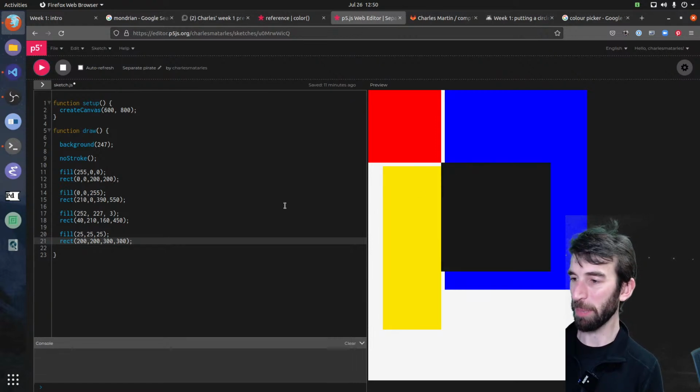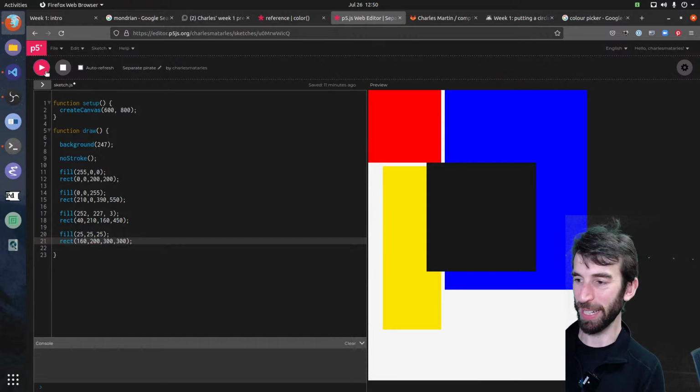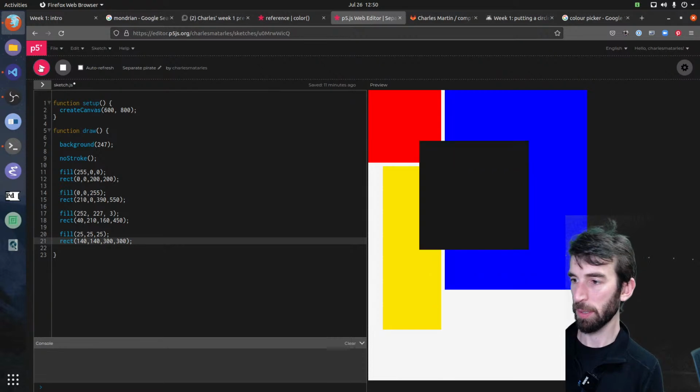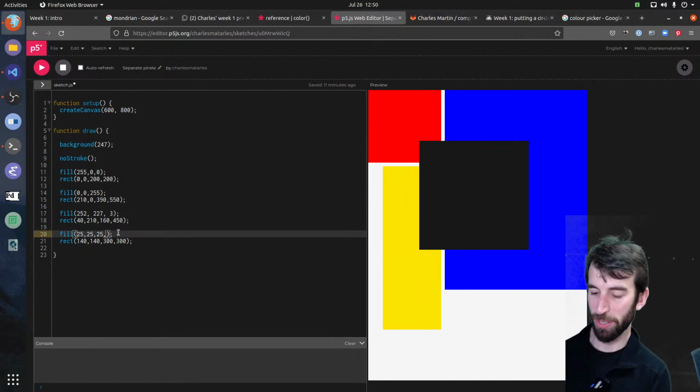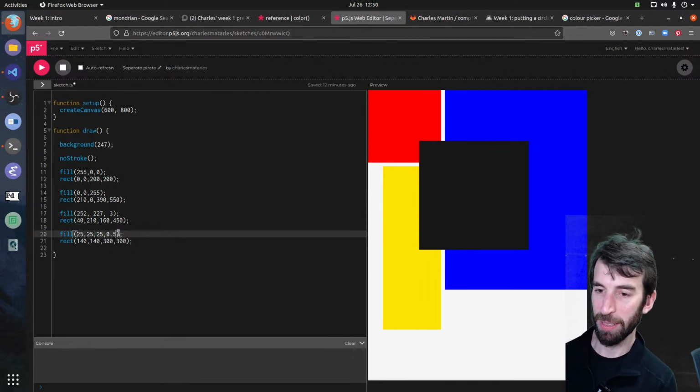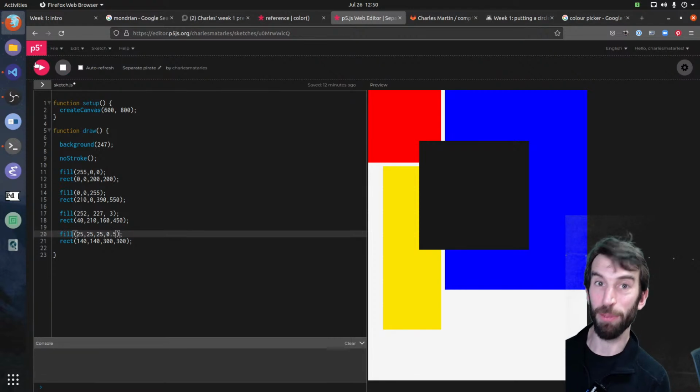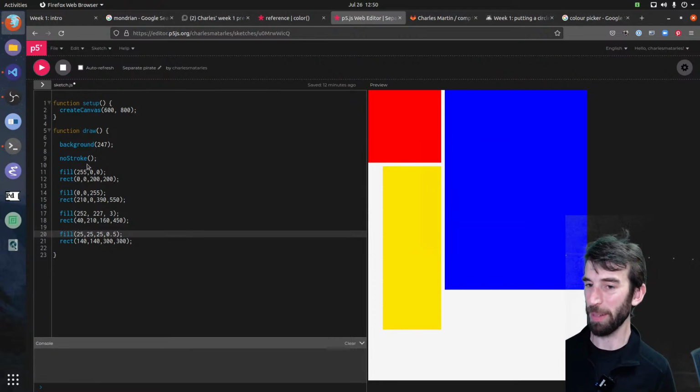It's going to ruin my print. Oh no, I've got a big black square. I'll move it across a bit to the left. You can also just adjust your numbers until you get where you want it. Big black square. Now I want this black square to be semi-transparent. So actually I can add an extra number here. I'm going to add 0.5, which will make it sort of 50% transparent. Oh, it didn't work.